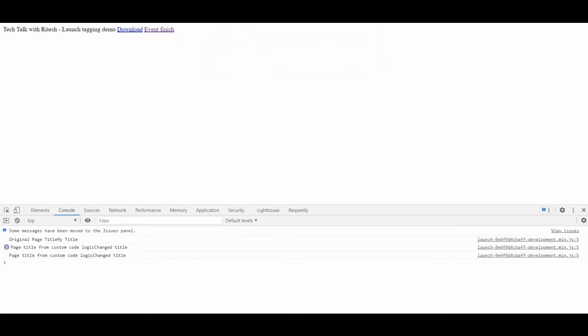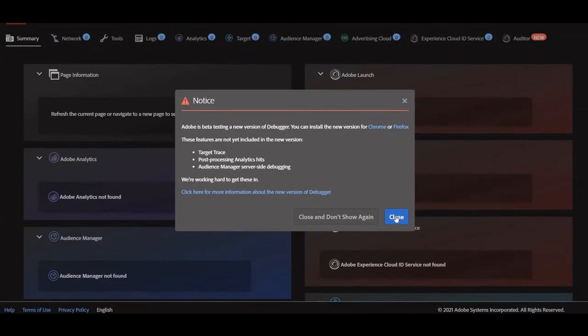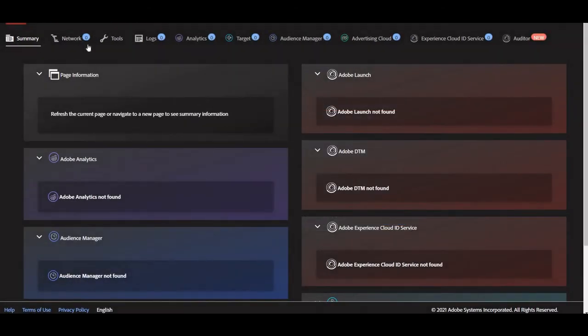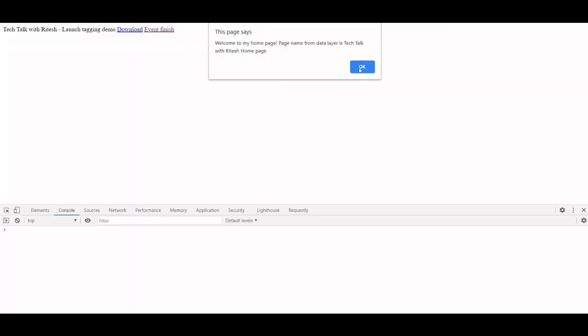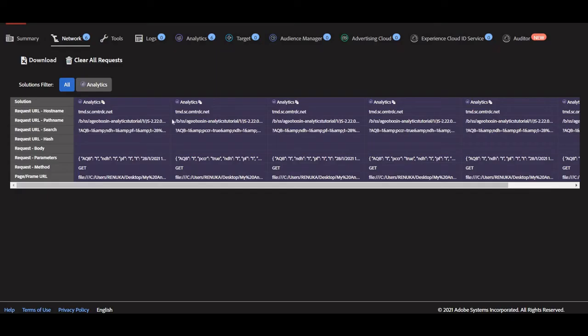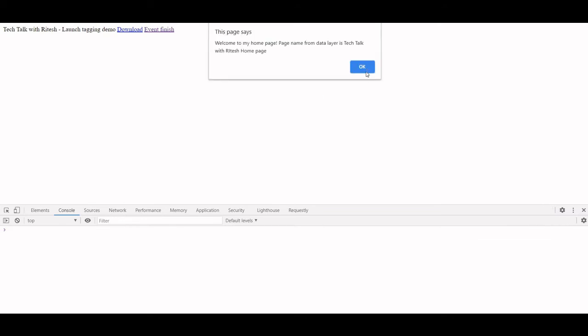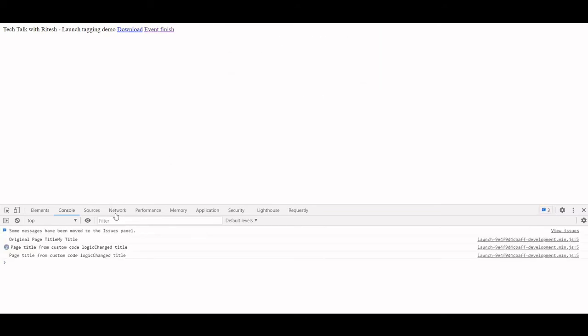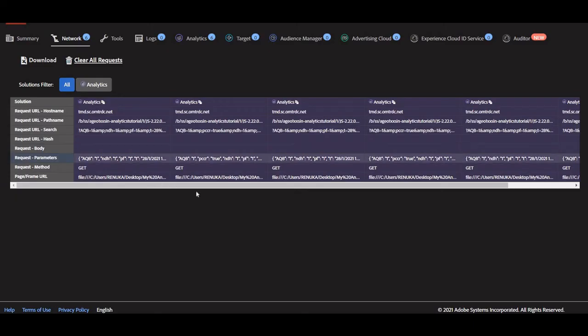Here, let's open Cloud Debugger. Go to the network tab, clear all the requests, and let's refresh this again. Just a minute. We see in the network that the call is going and it looks good. Let's see the debugger.